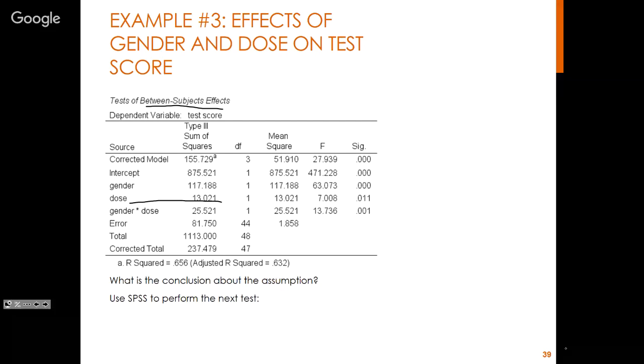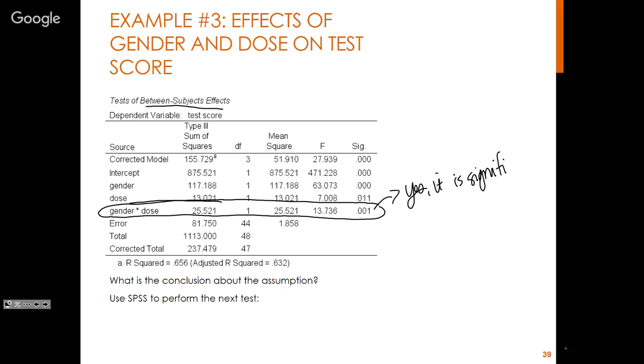The interaction, the gender by dose, even though we're very tempted to look at the effect of gender or the effect of dose. We can't do that yet. Based on this, is the interaction significant or not? It is significant. How do I write the F statistic for that interaction? F(1, 44) =